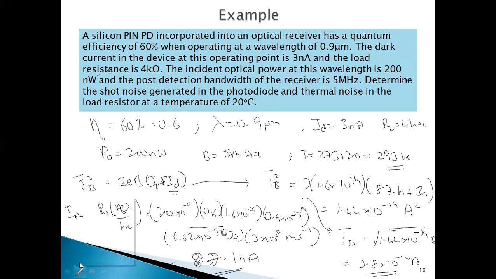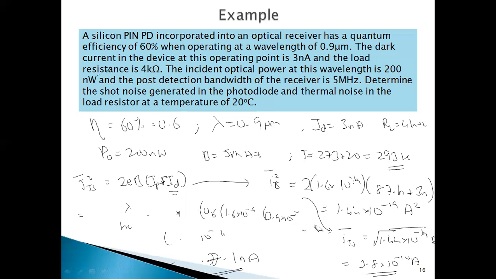And then to find the thermal noise current is straightforward because we just go based on the equation, I believe. Okay, so let's find the thermal noise current, right? So thermal noise current is given by this equation. So I thermal squared, this is the mean square value of thermal current, equals 4 KTB